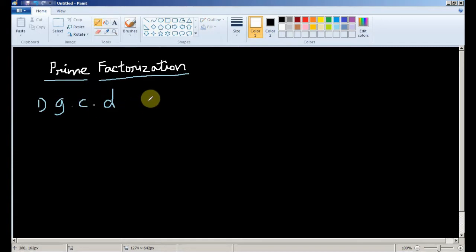So how do you find the greatest common divisor of two numbers using prime factorization? It's very simple. Suppose you have the numbers 4 and 8, and you want to find the GCD of them, so you write it like this. GCD is a function, and if you write something like this, then you have to find a number that divides 4 and 8 both in such a way that there is no number greater than that particular number. So first you have to find all the prime factors of these two numbers.